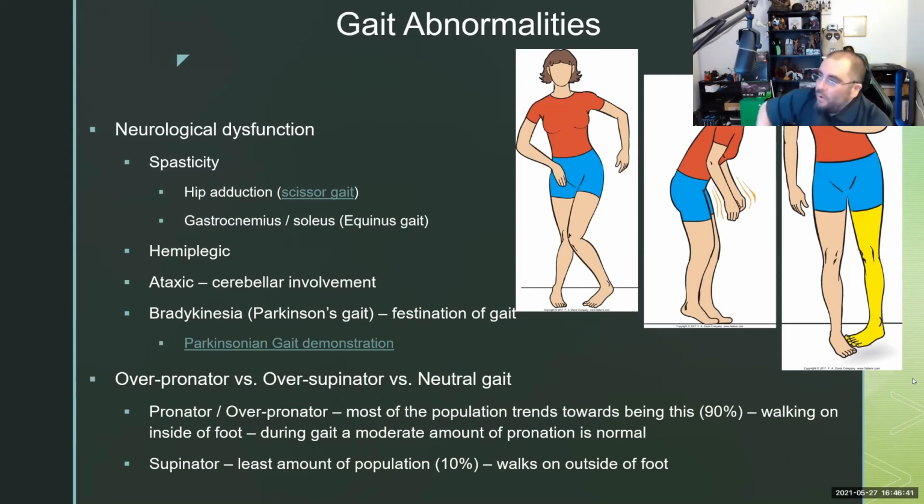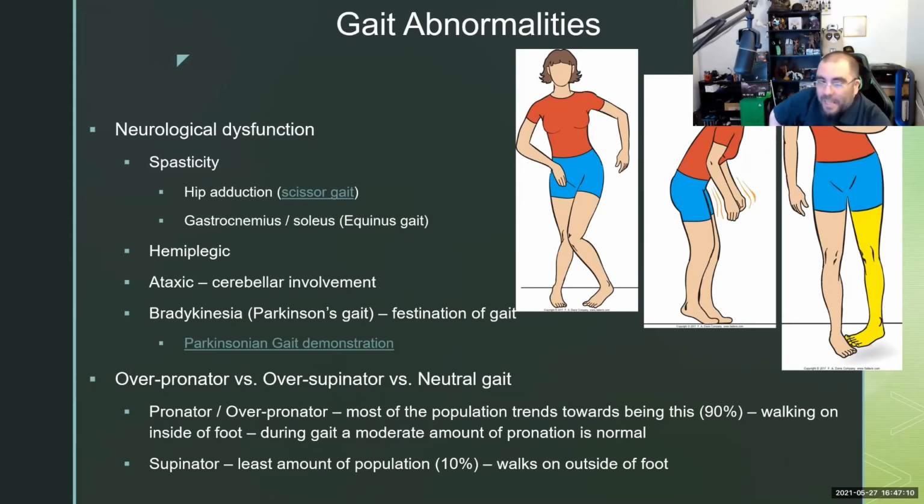Do any of you know if you overpronate when you run? I do. Any of you had a gait analysis? Yeah, I do. Okay, so Joe says yeah, right? So some pronation is normal, right? Remember, pronation, the foot's kind of turned inward; supination, the foot's kind of turned outward. Some pronation is normal.